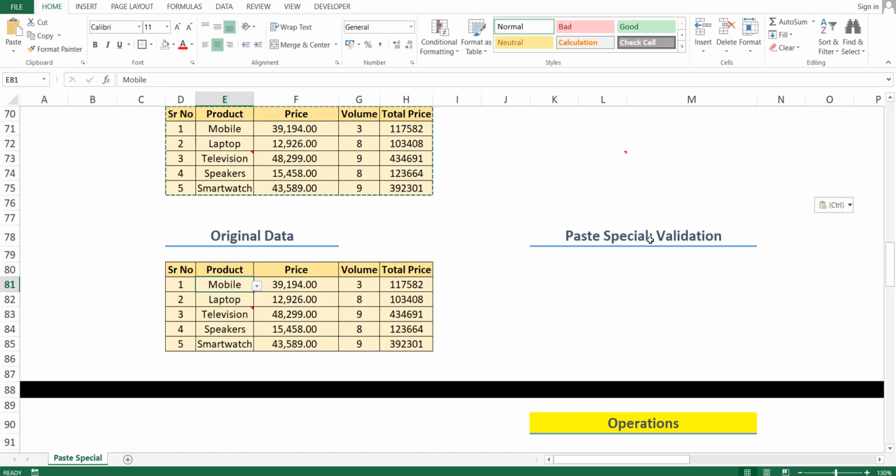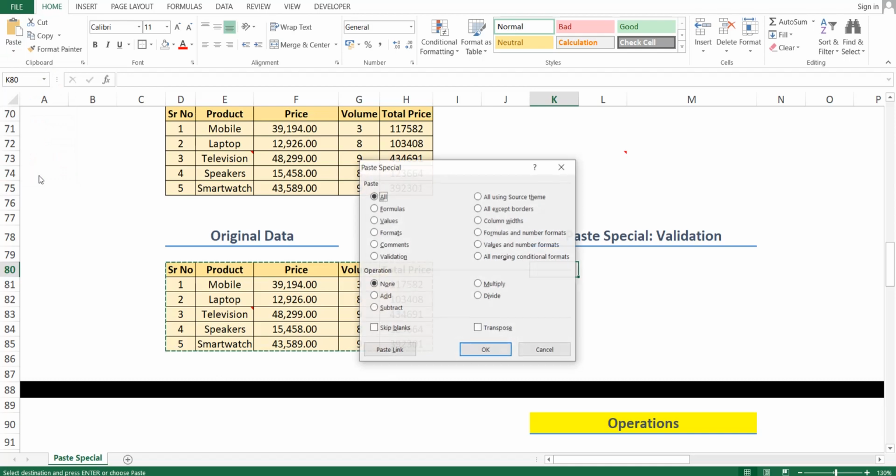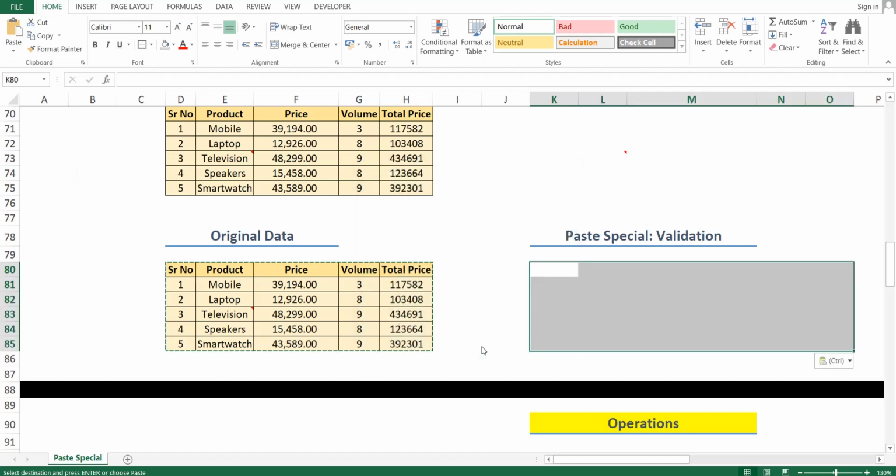Then our next option is paste special validation. Here we can see I have created data validation, that is a drop down list for the products. So first we will select the data, then copy, select the desired location. Under paste special I will select validation.